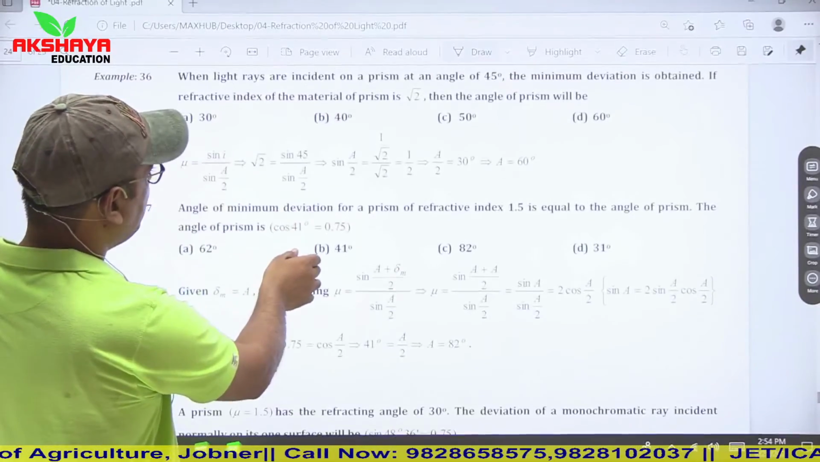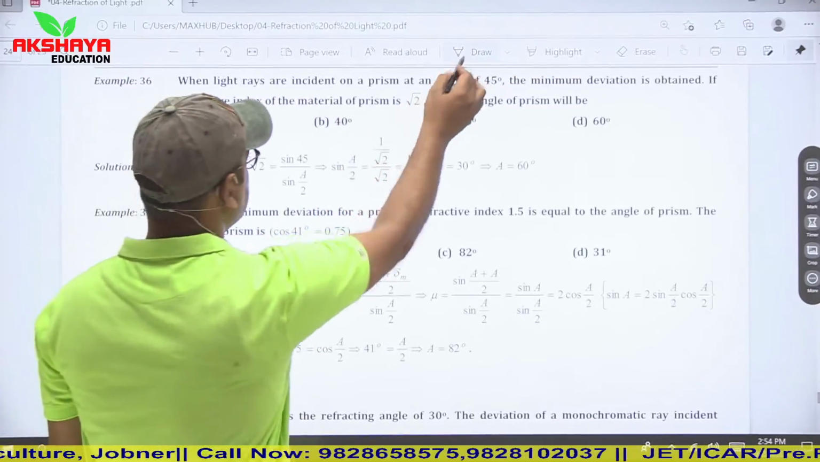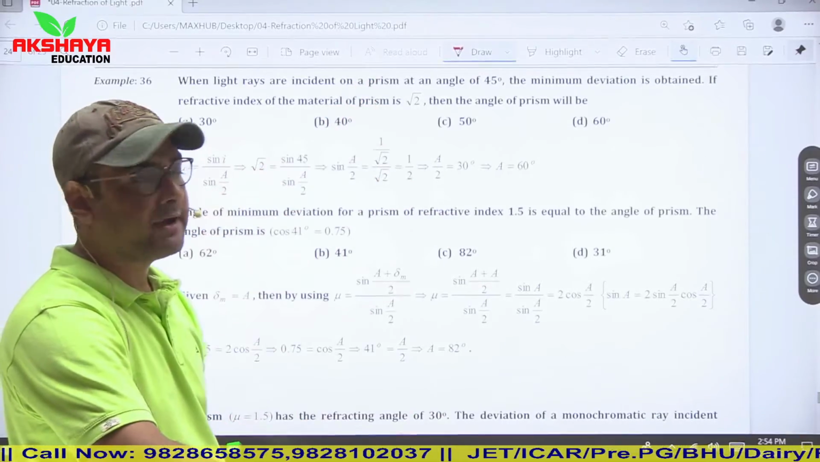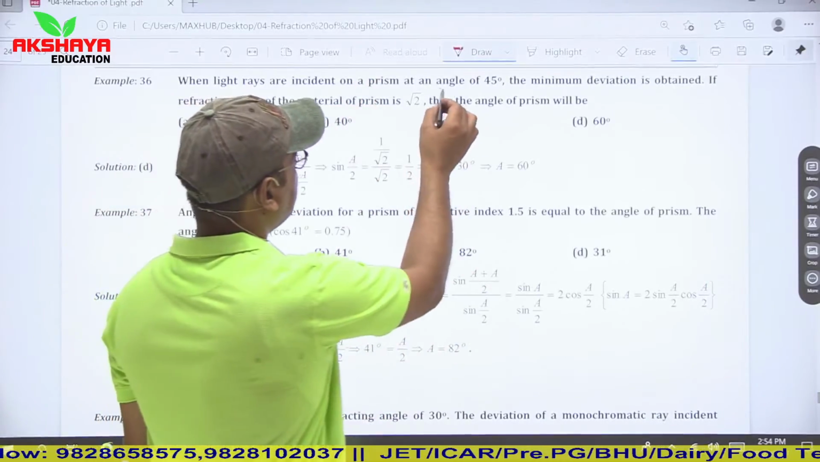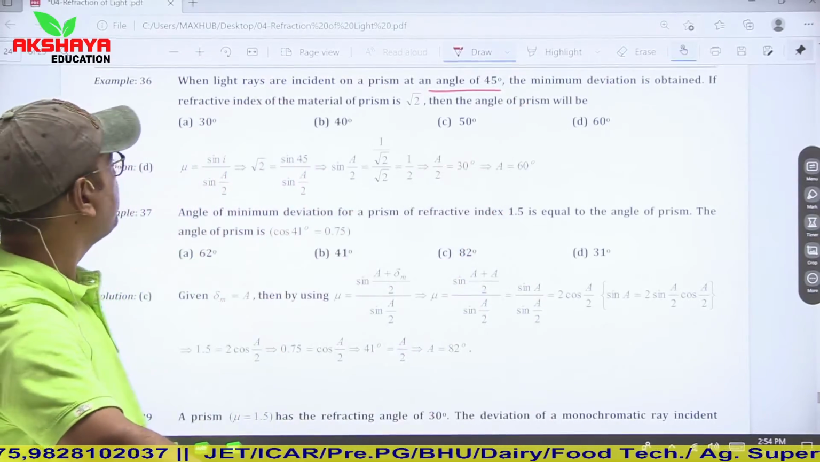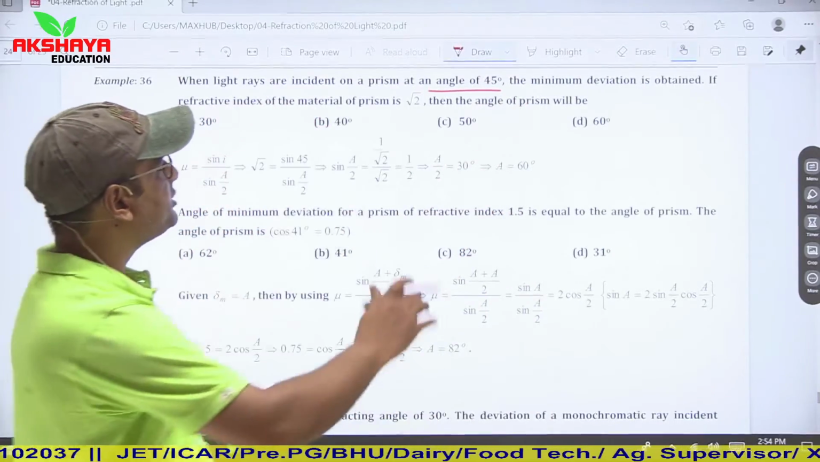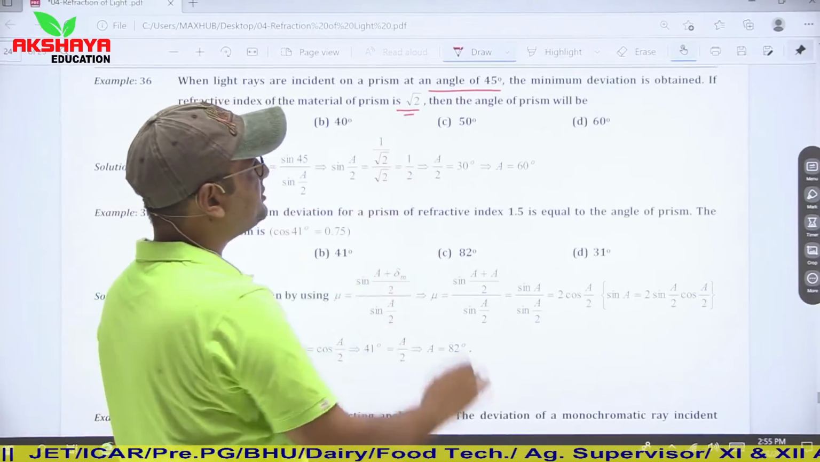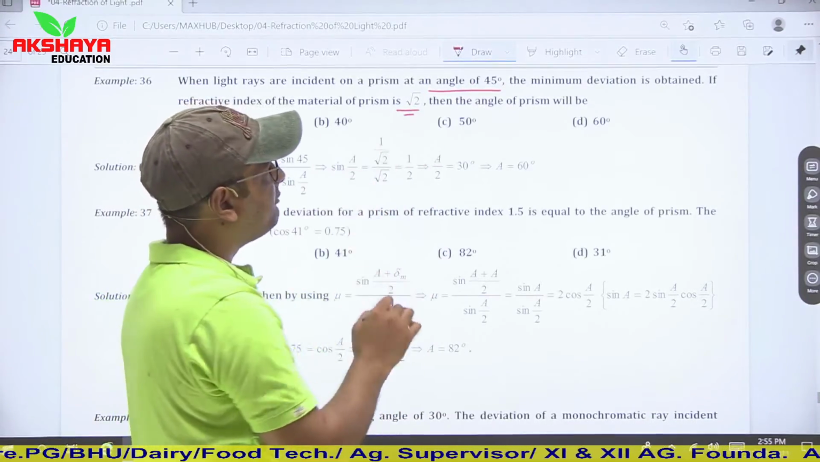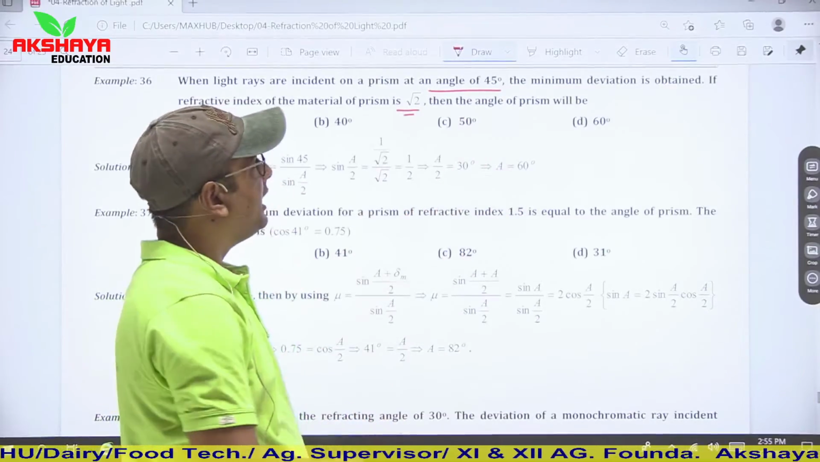Let us have a look at one or two patterns of questions. When light rays are incident on a prism at an angle of 45 degree, let us say angle of incidence is given as 45 degree, the minimum deviation is obtained. If refractive index of material is √2, then what is the angle of prism? So in case of minimum deviation, we are given mu and we have to calculate angle of prism, and we are given